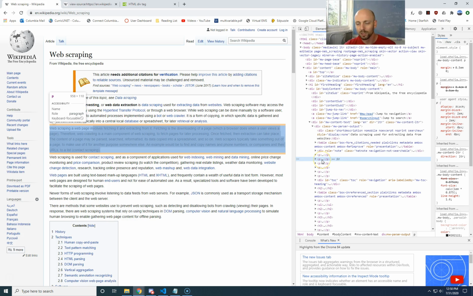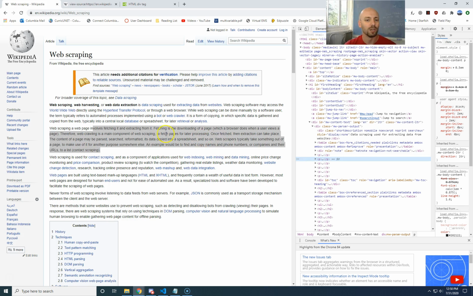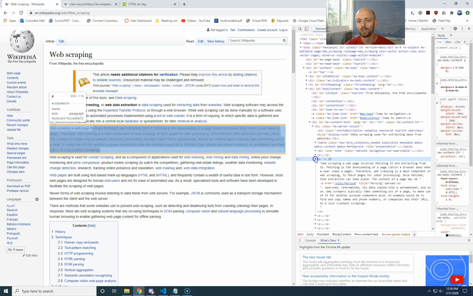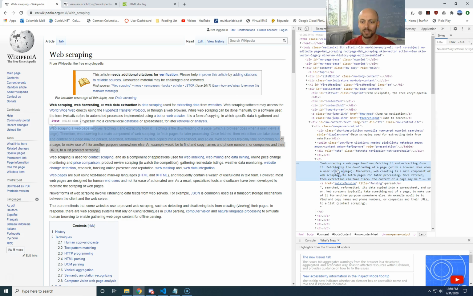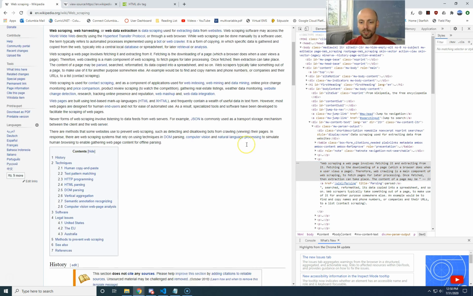Tell me where that is. So that's in this paragraph here. See, I just right clicked and hit inspect again, so it would highlight. Okay, so that's this paragraph here. And then there's this link. So if I wanted to look for an embedded image,